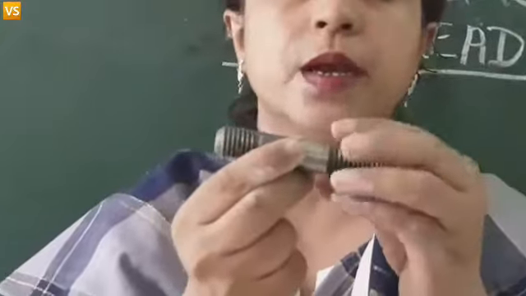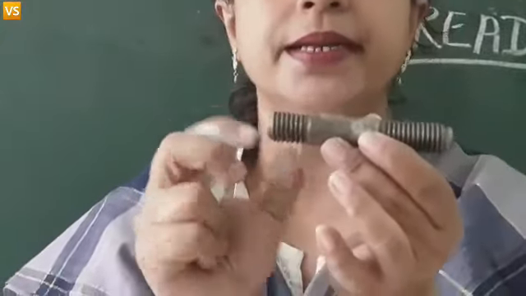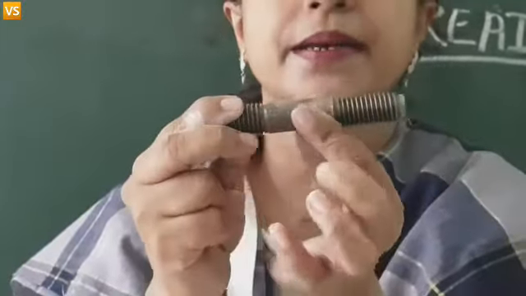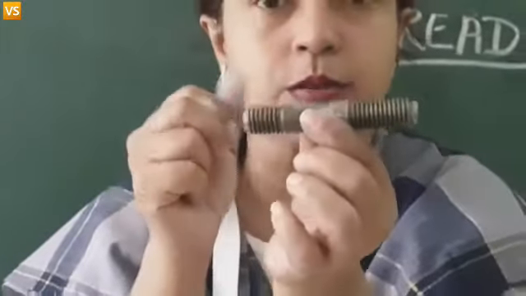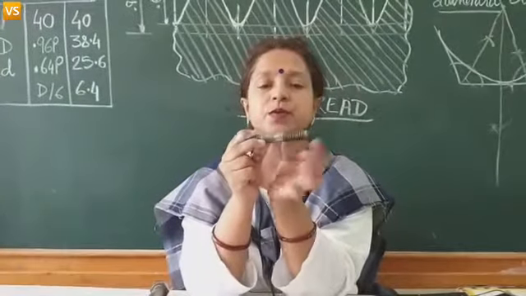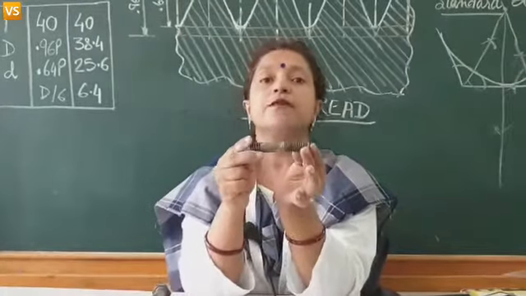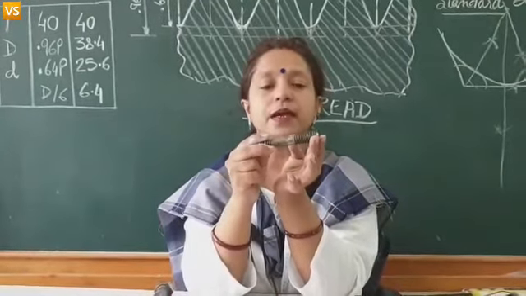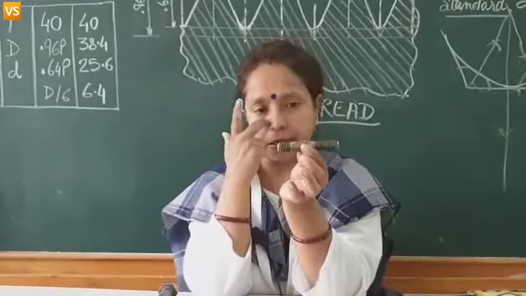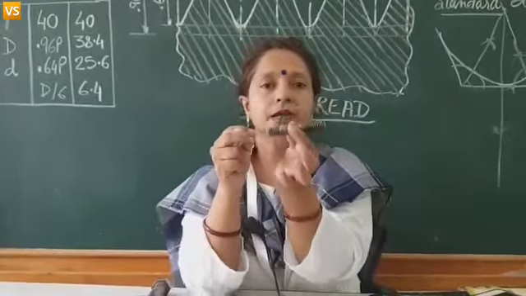One end is this, the longer end is called nut end, the shorter end is called metal end, and this plain part here is called neck, and depending on the shape of the neck a stud is named. So, this is called a plain stud because the neck is plain. We have one more kind of stud in our syllabus, that is square stud. The square stud is having this part in a square shape.